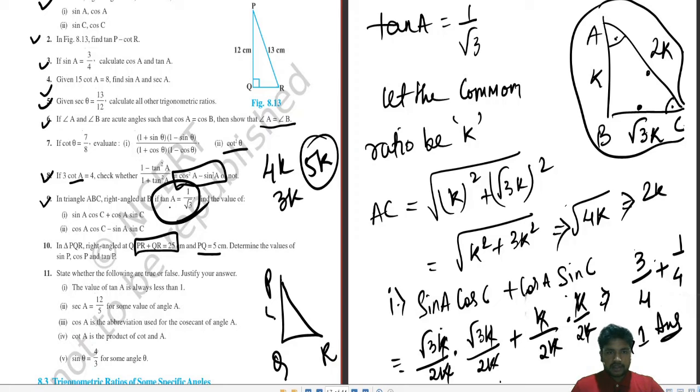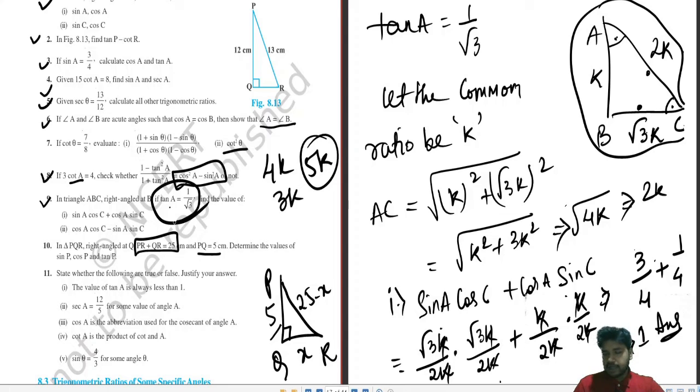It is given as this is 5 and it is right angled at Q. So this plus this is equal to 25, so we can write it as x and 25 minus x. Obviously if you put your common sense over here, you can use the property of Pythagoras theorem, and putting this you can find the value of x. After finding the value of x, you will get all the three sides. Then find the values of sin p, cos p and tan p. You can go ahead with the values.